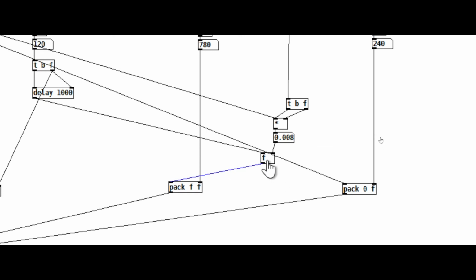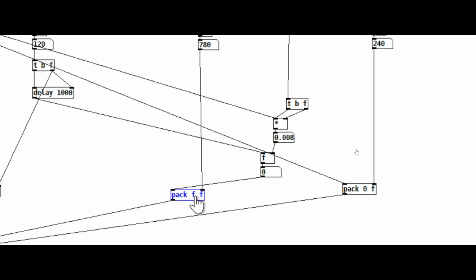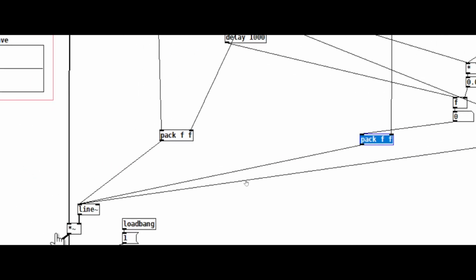I'm going to put a number box here. See that it does come out. And of course, since it's going into the left inlet, it should execute this pack message to send to here